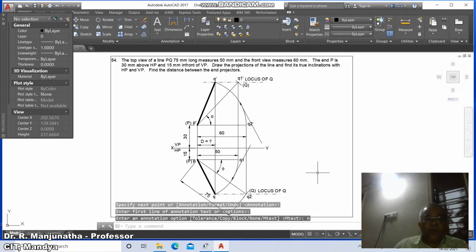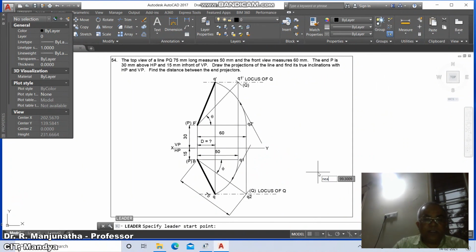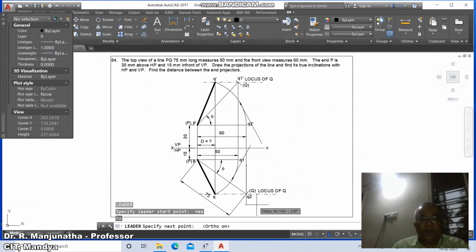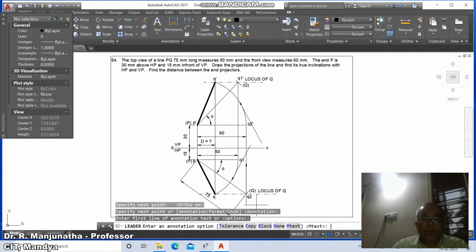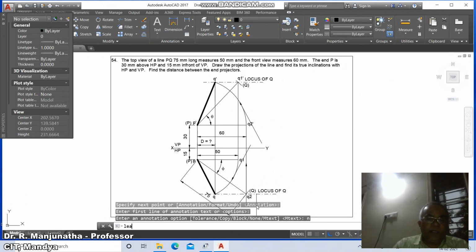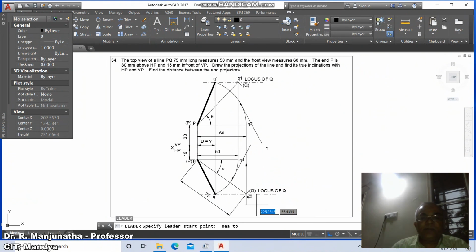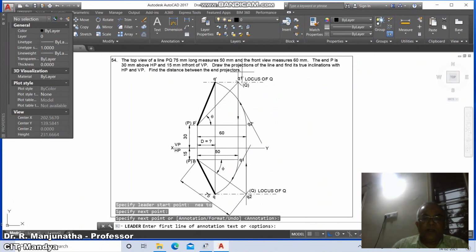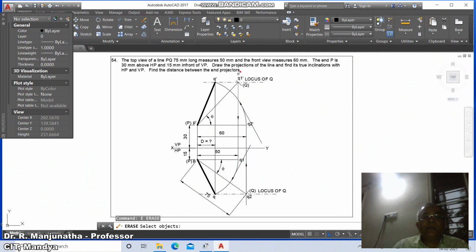And similarly, go to leader, nearest on this, select on this line and put on the ortho mode, annotation, options, none. Go to leader, take nearest on this and select on this. So annotation, options, none. Go to explode, this line, this, and this. And go to erase these lines.